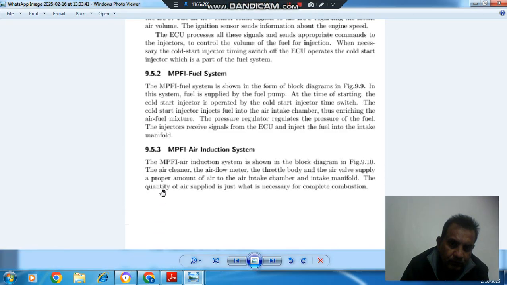Okay, the air cleaner, the air flow meter, the throttle body, and the air supply valve. The air valve supplies a proper amount of air to the air intake chamber and intake manifold. The quantity of air supplied is just what is necessary for complete